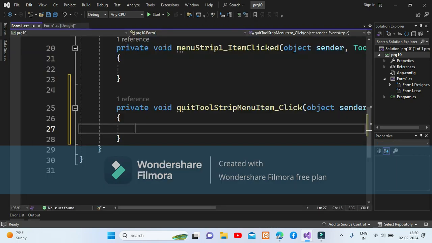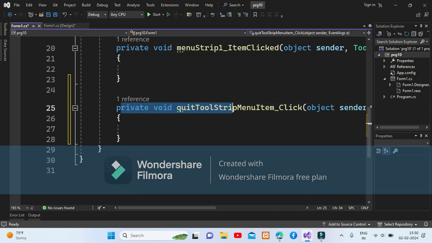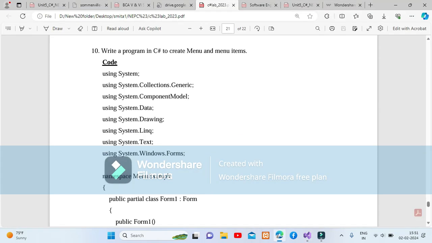So see, what is the method name? Private void quit tool strip menu item click. So this is the name of our method which got activated when we double clicked on our tool item or menu item. What is that menu item? Quit. Okay, let's copy and paste